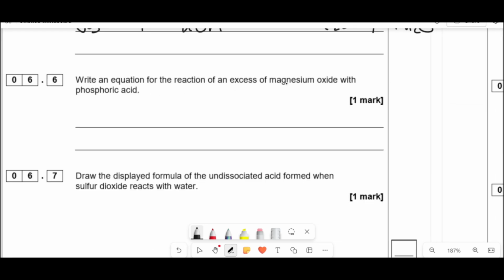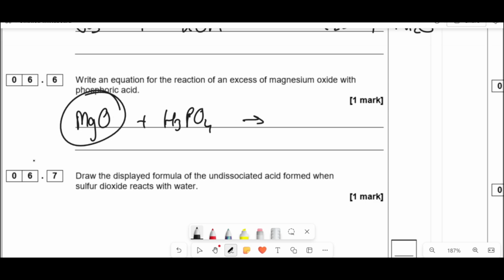Write an equation for the reaction of an excess of magnesium oxide with phosphoric acid. So again, start with what you know. So MgO plus H3PO4, what are we going to make? It's a metal oxide plus an acid. That's going to make a salt plus water. So at least I know on this side I'm going to make water. The salt's going to be, well, that's 2 plus, and one of these PO4s are 3 minuses. So we're going to have